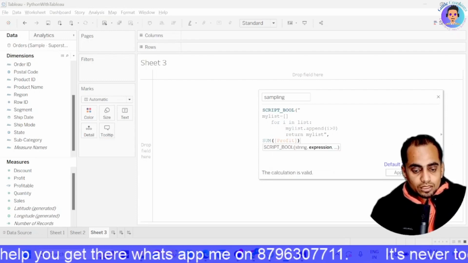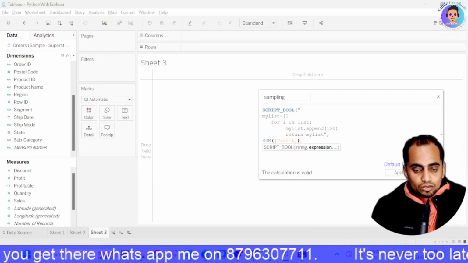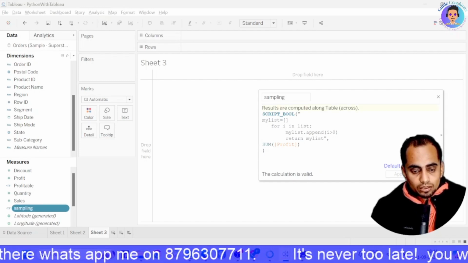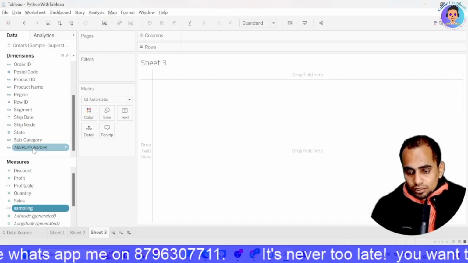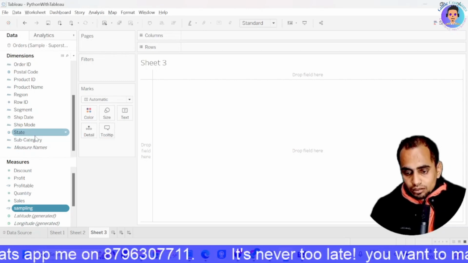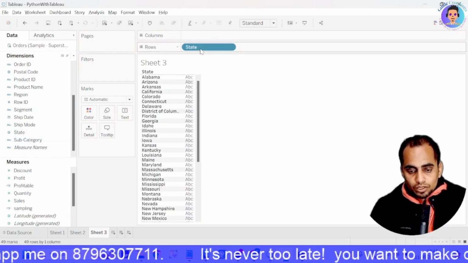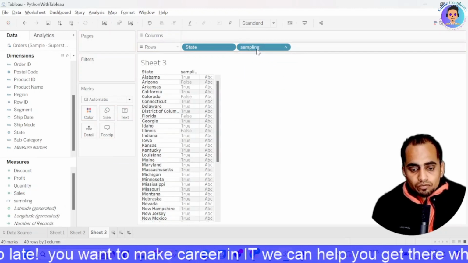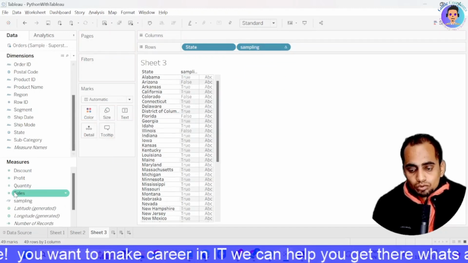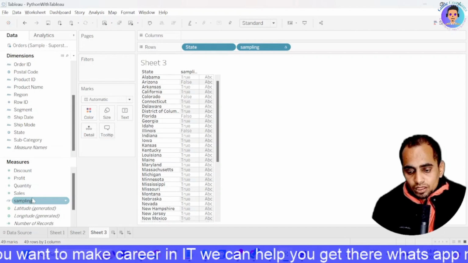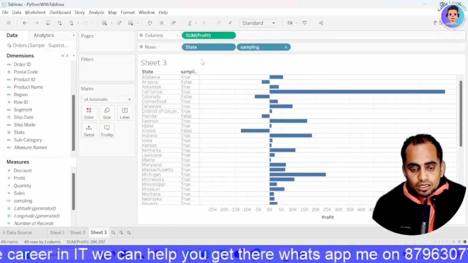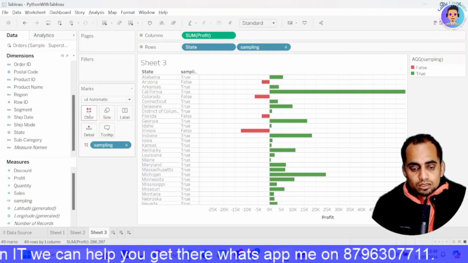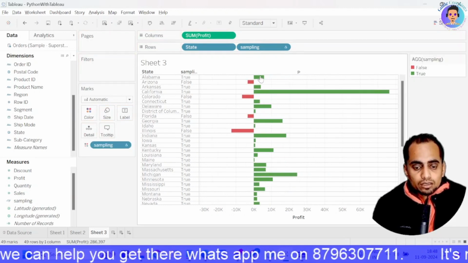Now if you can see, the calculation is valid. So what exactly is happening over here? I'll just click OK and click OK. So I'll select my state over here. Okay, and then we'll put the sampling over here. So now we can see true and false. If we want to check it out, we can put the profit over here, and see what exactly it is. So if I put sampling into colors, it will give me the colors